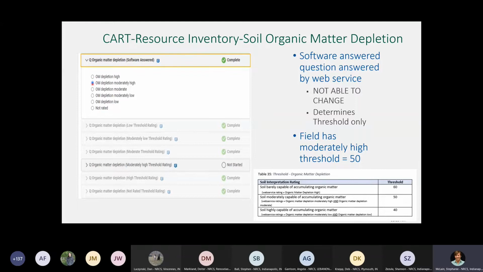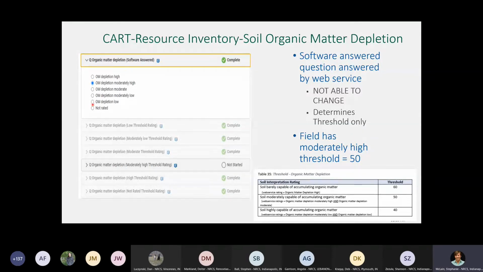And you could click on any of these boxes till the cows come home, and it's not going to change because that's already been a web service answered question. And this just determines that threshold as to what our existing conditions, our existing practices, and our planned practices are being